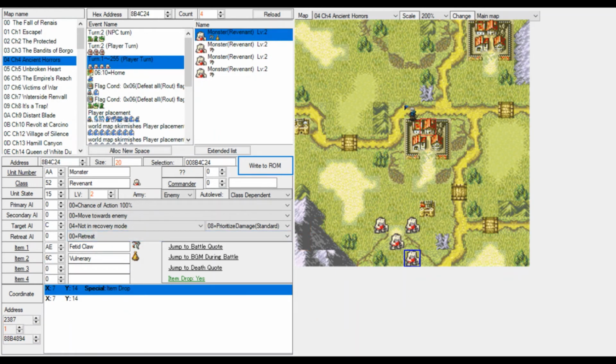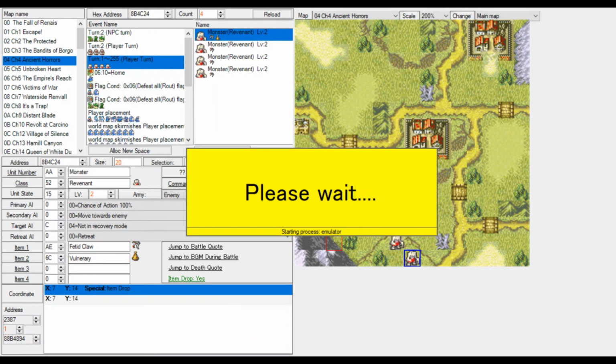So now we have actually placed all of our characters. Let's go and test this chapter to see if everything seems to work fine. That means that we're going to visit all the villages, we're going to break all the snacks, and see if all the enemies behave like we want them to. So let's open the...